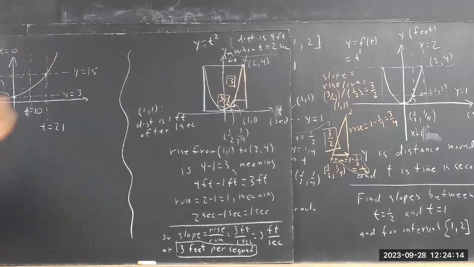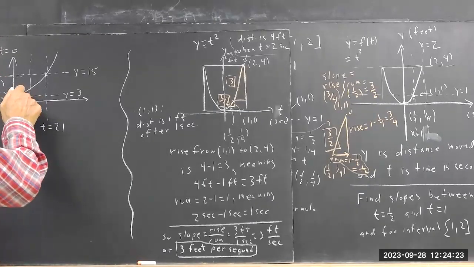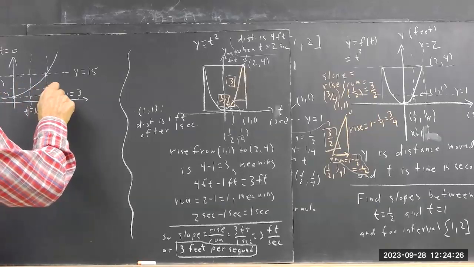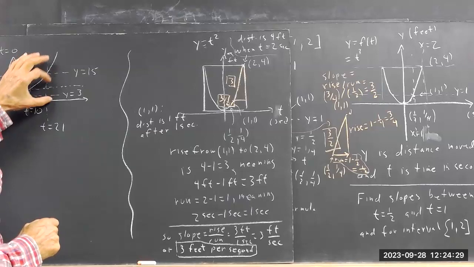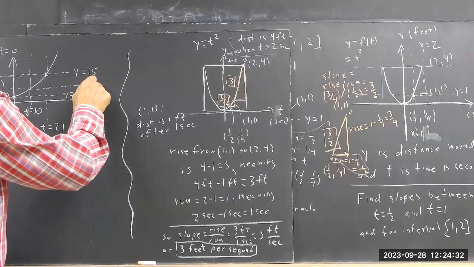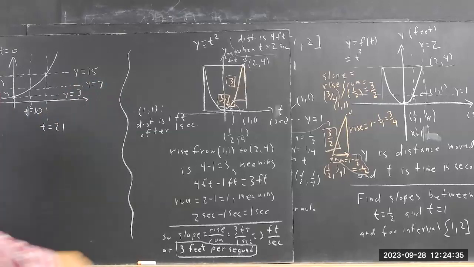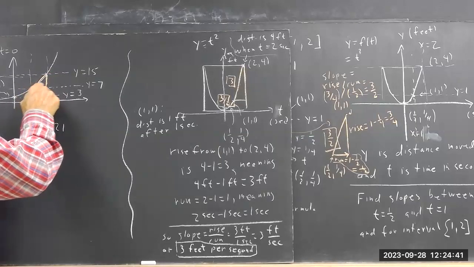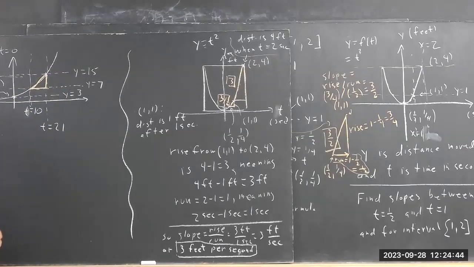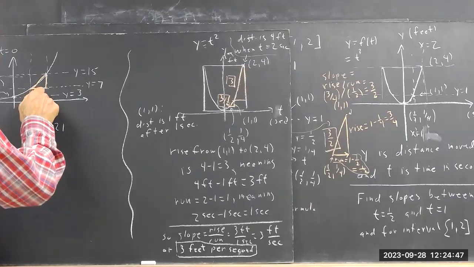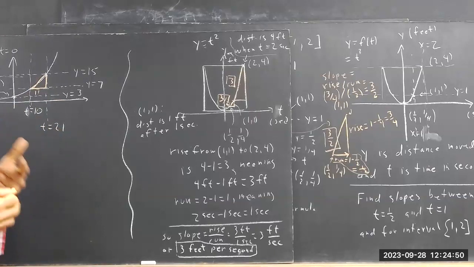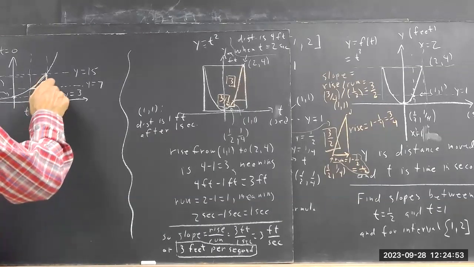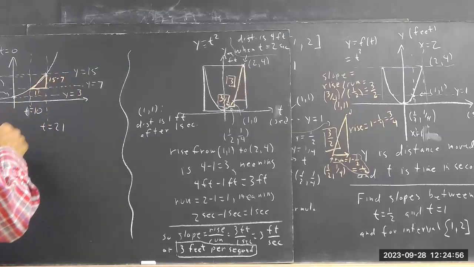Okay, seriously. If we go from y equals 3 to y equals 15, I'm sorry, this point is 0.3. Let's calculate it here. Now I'm going to say if this is 15, that's a little less than half, so we'll say y equals 7 here. We can now quickly get the triangle that we need to calculate the slope. The run is 11 because it goes from 10 to 21. I don't have room to write it all out and we're out of time. So the rise is 15 minus 7. So the slope